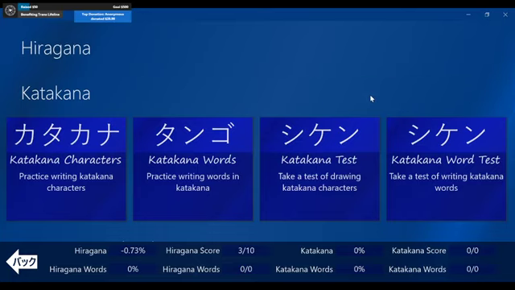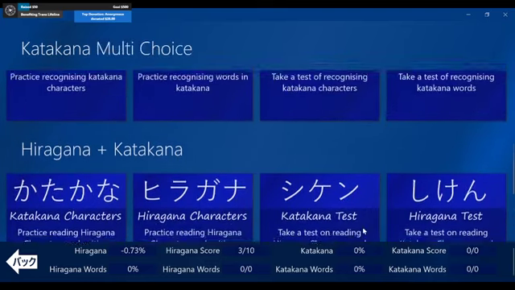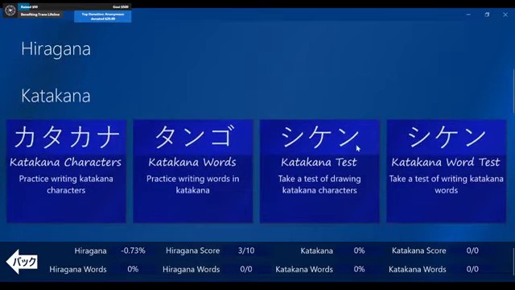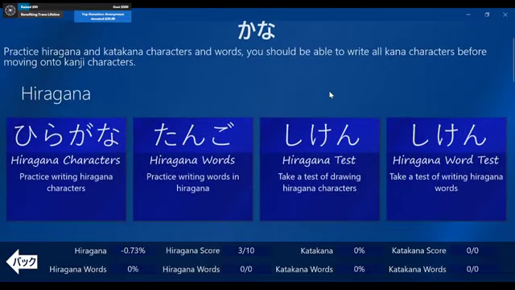And then there's also, you can do multiple choice tests, and same with the katakana, you can do multiple choice tests there. And then you can also do combined practice for reading and writing, for doing them together, or doing them separate. You can also do multiple choice. So I'm going to scroll up to the top, because we're just going to explore this a little bit, and I'm going to explain